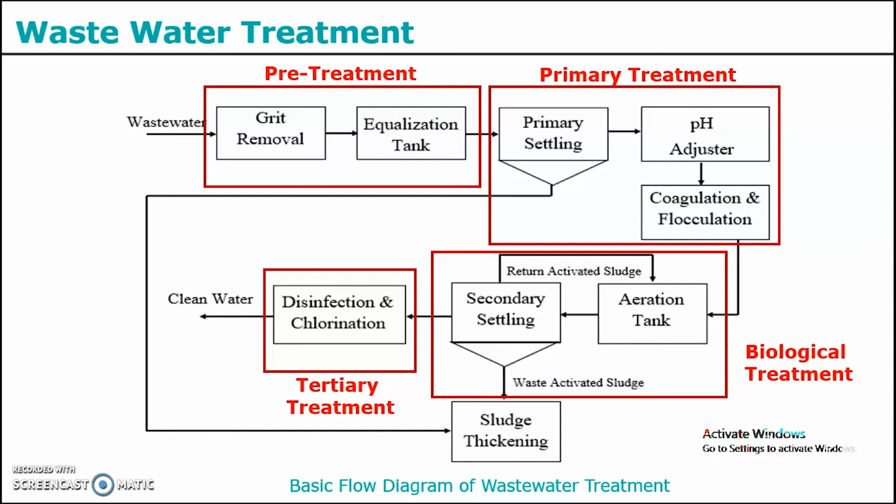Microorganisms use dissolved organic matter as a food source and convert all the waste into carbon dioxide and water. In the secondary clarifier, formation of activated sludge occurs in the water once all organic material is eliminated. Return activated sludge is recycled to the aeration tank to maintain the bacterial population, and waste activated sludge is eliminated.